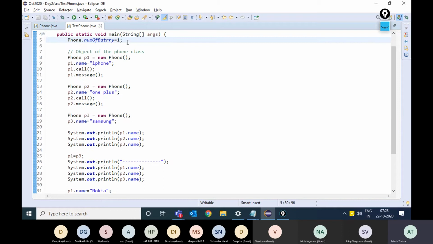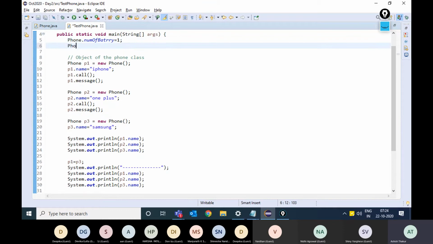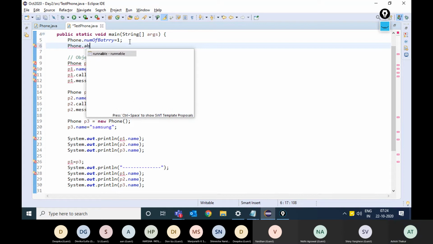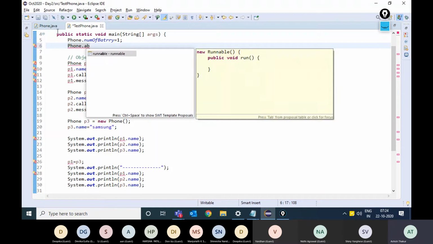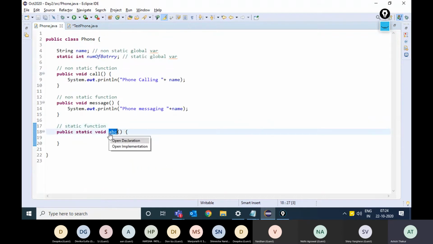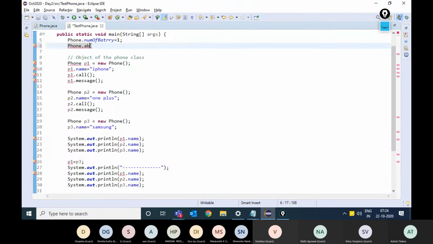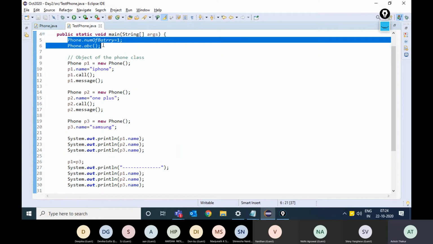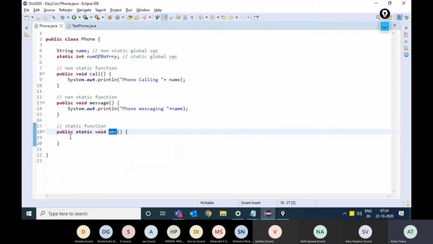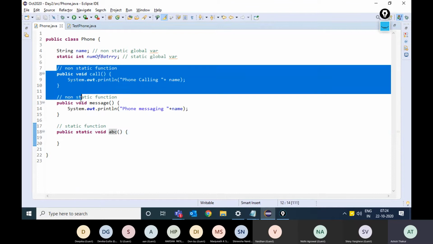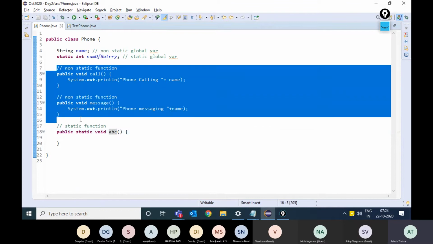You can call it like this: phone dot ABC, like we made this function, the name was ABC. Okay, so static functions and static variables you can directly call, and non-static ones you can call by creating the object of the class.